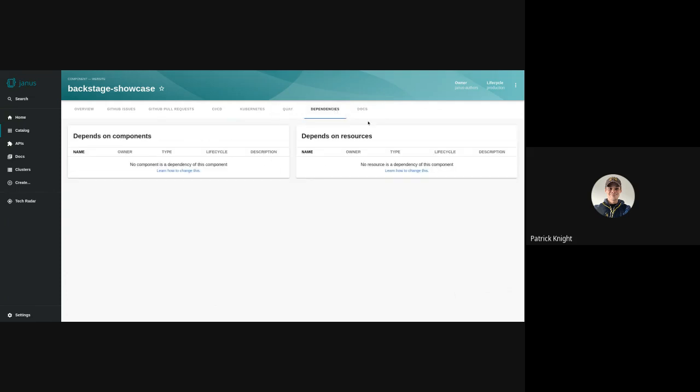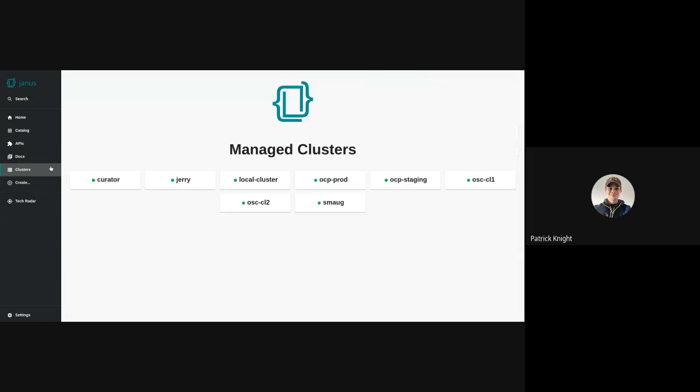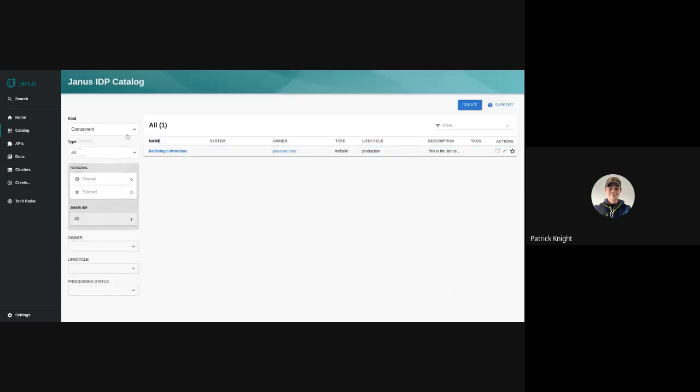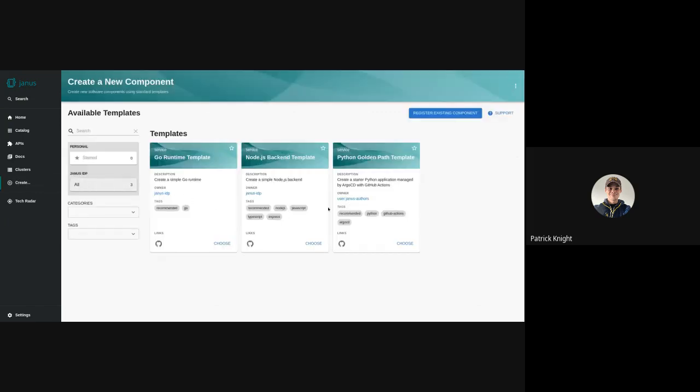We haven't worked on dependencies nor docs clusters. So here's the OCM cluster showing a group of clusters that's currently being managed by Operate First right now. And I believe, the templates. And then we're currently working on setting up our Golden Path templates. Right now we have Go, Node.js, and Python. These are all currently using the GitHub Actions, and they're managed by Argo CD.